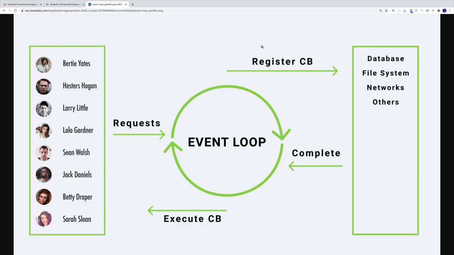So the same thing happens here, where the requests are coming in. Let's say that the operation is complete. We first registered the callback, operation is complete, and instead of executing that callback right away, it effectively gets put at the end of the line. And then when there is no immediate code to run, then we execute the callback. Hopefully that is clear. Event loop is our best friend because with the help of event loop, we can offload some